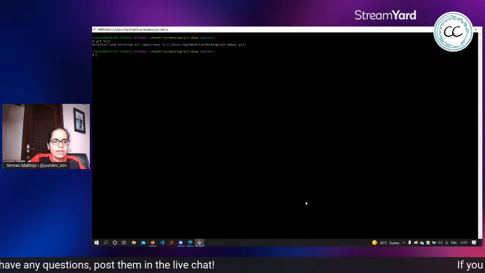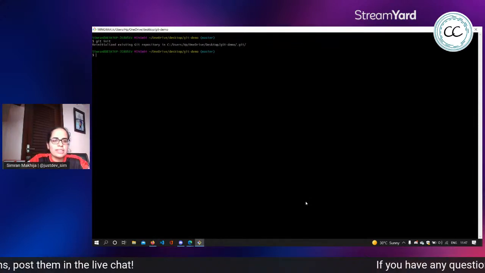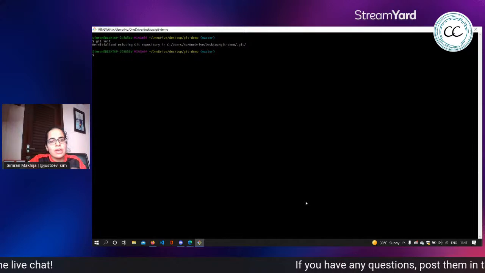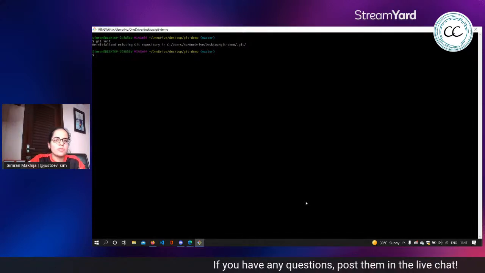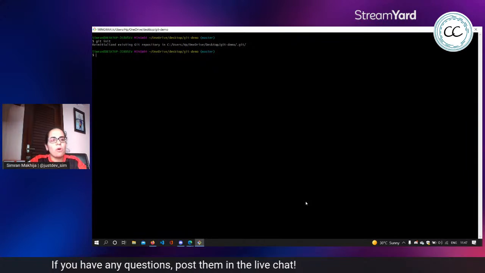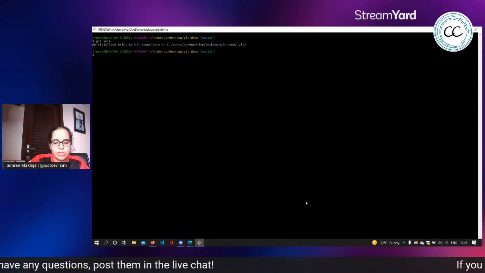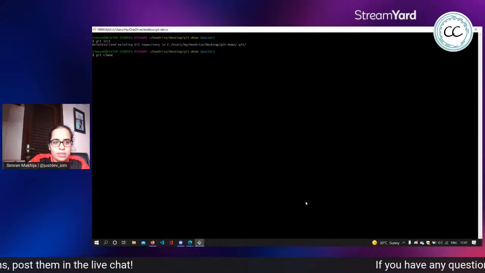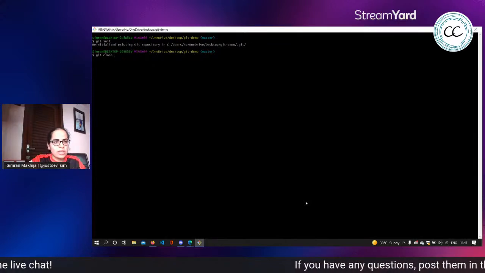So when we run git init for the second time, it reinitializes our GitHub repository here and creates a hidden file that goes by .git, which essentially has all the data about all the changes you'll make to this repository. Now we're gonna run the command git clone as we just discussed.